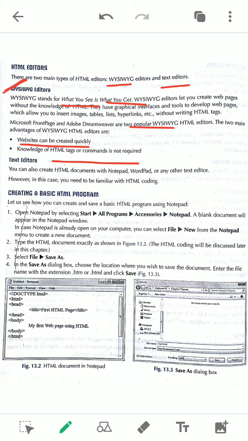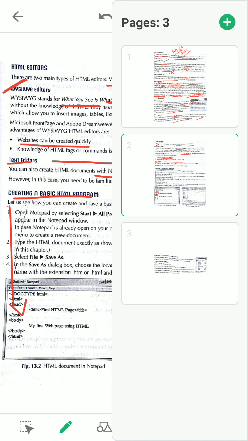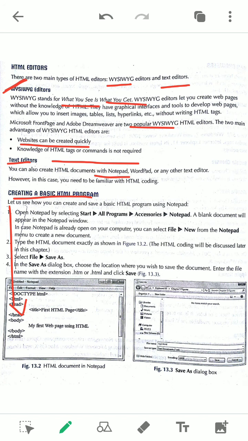I'll show you the text editor that you have already used. Notepad you have used to type. WordPad also can be used. Now how to create an HTML document, this part I will not discuss because you know how to start a document. Simply you have to type, and here the steps are given for how to type, and after typing you have to save. While saving, as you know, you must have the extension .htm or .html, both are correct.